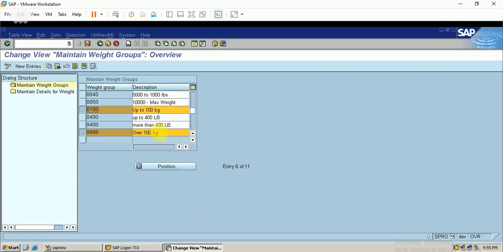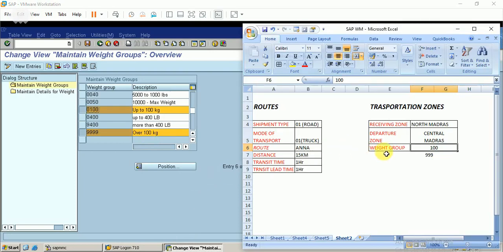I have categorized my shipments by these categories, up to 100 kilos and over 100 kilos, and included both these conditions here. So this is our weight group. This one is 100 and the other is 999.